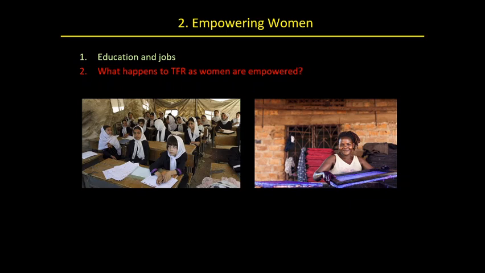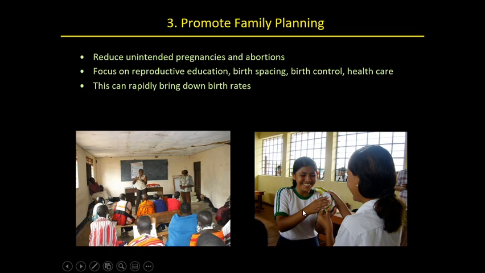It doesn't address the problems of overconsumption in the developed countries, but it does help with the rapid population growth in the developing countries. A third thing that helps with population growth is promoting family planning. This should be pretty obvious: giving people, by people I mean men and women, the tools to control whether or not they are